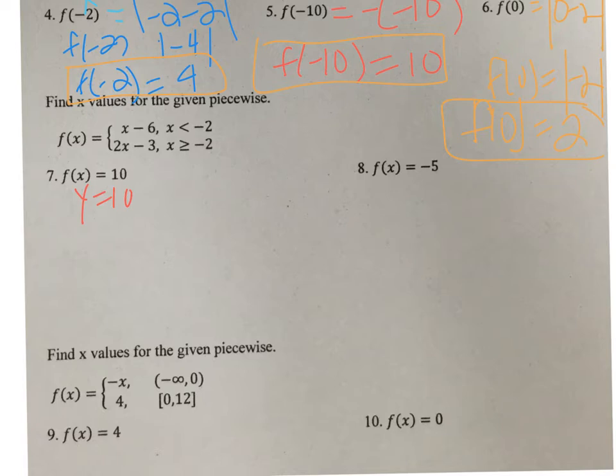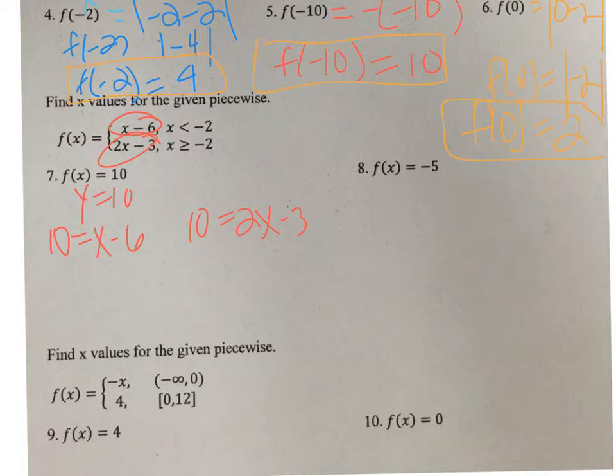All right. So I'm going to plug in 10 for both. I'm going to have 10 equals x minus 6, and I'm going to have 10 equals 2x minus 3. I took both of these functions because I don't know which one I need to use it for. So I'm going to find both x's, and then see if it matches the interval at